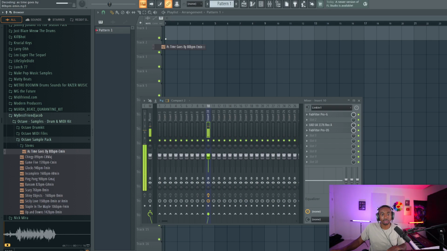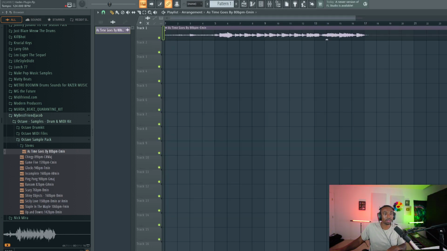Okay, so let's take this. Let's show you guys how to flip melody. So when you guys have melody loops, the main thing you're going to be doing is adding effects and chopping it up to make it sound different, like it's a sample. So here we're going to cut off the past 16 bars mark.